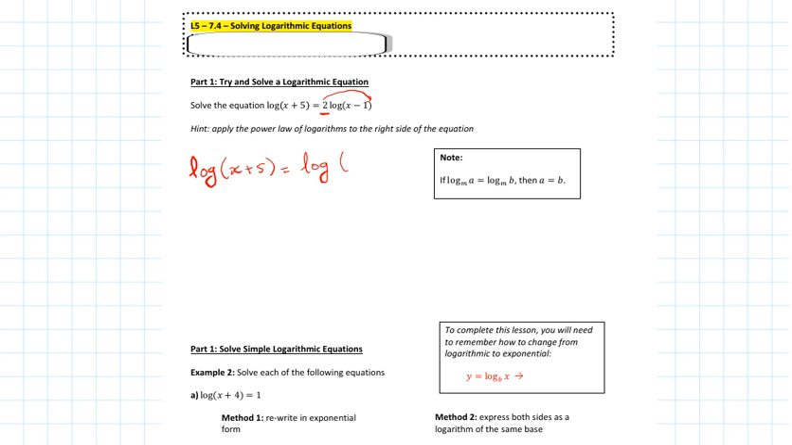And then if I have the log of the same base on both sides, then the log drops, and you'll have a equals b. This is one of the laws. And this is what I have here. It's log base 10 for both of them. So I can drop the log, and then I will have x + 5 equal to (x - 1) squared. I can expand this,